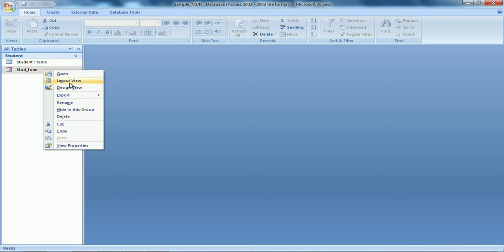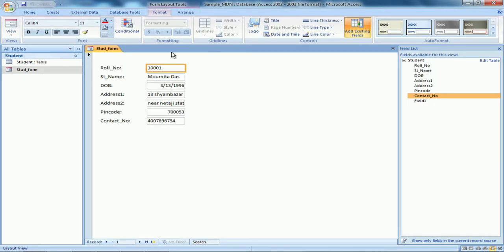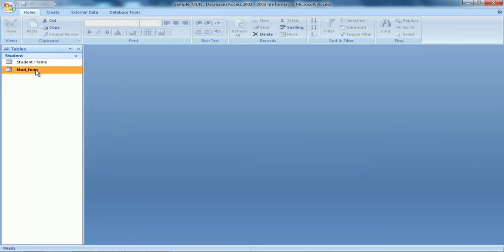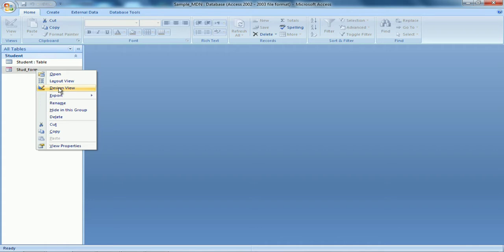Now you see, if I right click, I can see open, layout view, design view, like this. So let's see layout view. Layout view means how I have placed it. I could have placed it here also, but anyway.